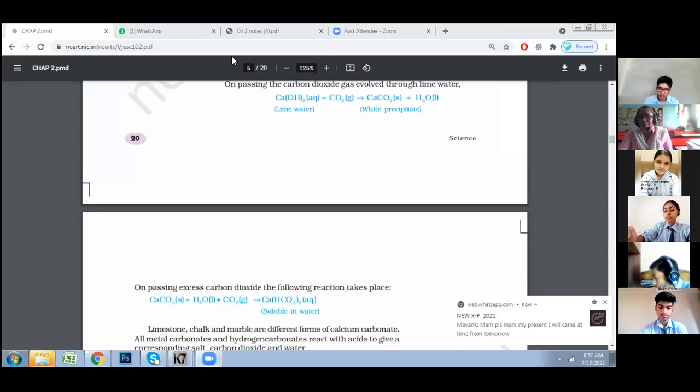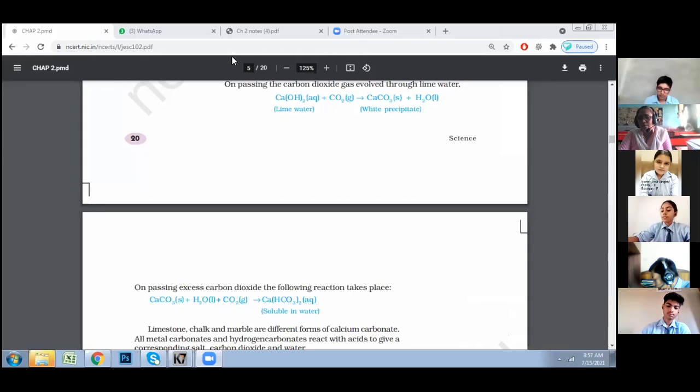Bring a burning matchstick near the test tube. Here we have a delivery tube, so you can write down near the delivery tube. Bring the burning matchstick or candle near the delivery tube. Candle will get extinguished. बुझ जाएगी, है ना? So candle will get extinguished. That is also a physical test, beta.